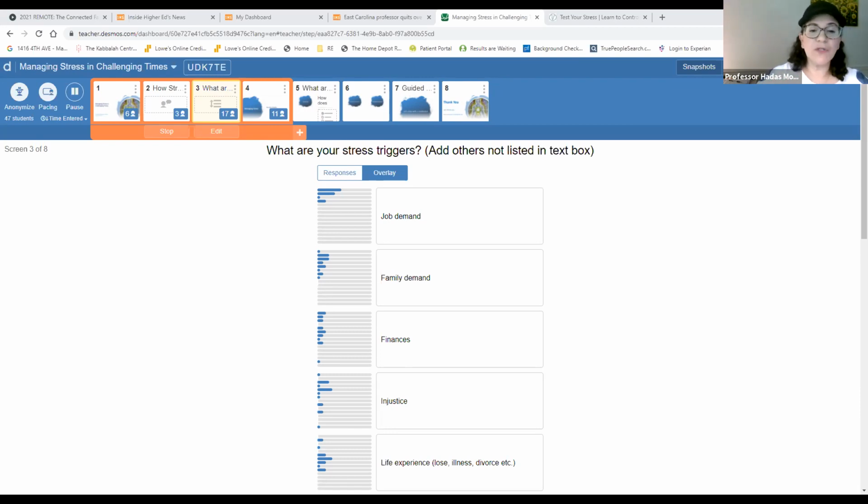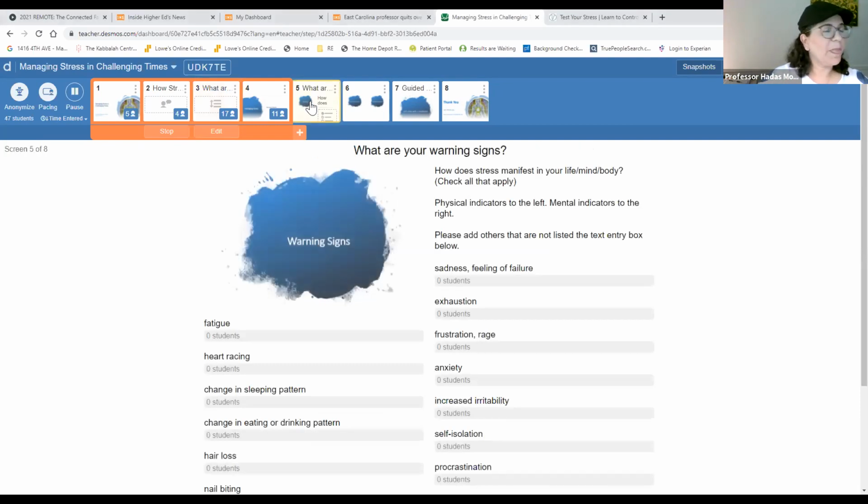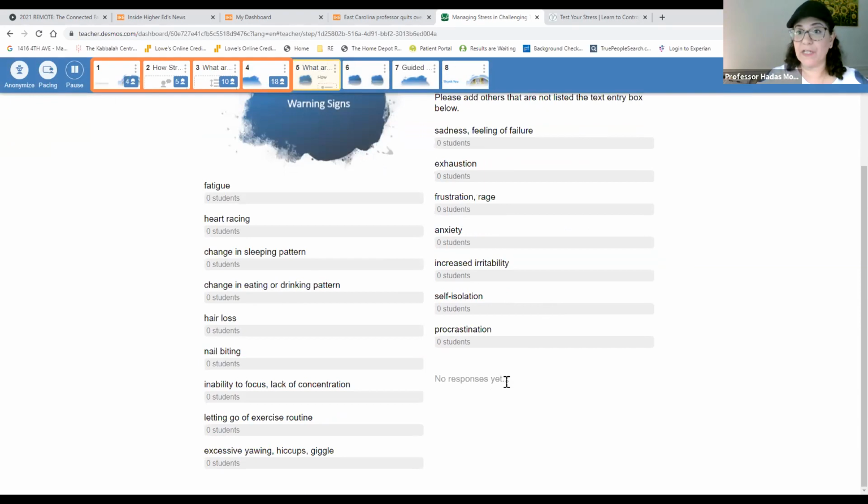So the next thing I want us to look at is, what are some of your warning signs? In the Desmo presentation, the next page is some of the warning signs. You can see that there are physical indicators listed on the left, and mental indicators listed on the right. So please choose them and add any others that you're experiencing. While you do that, I'm going to go through some of them. So some warning signs are